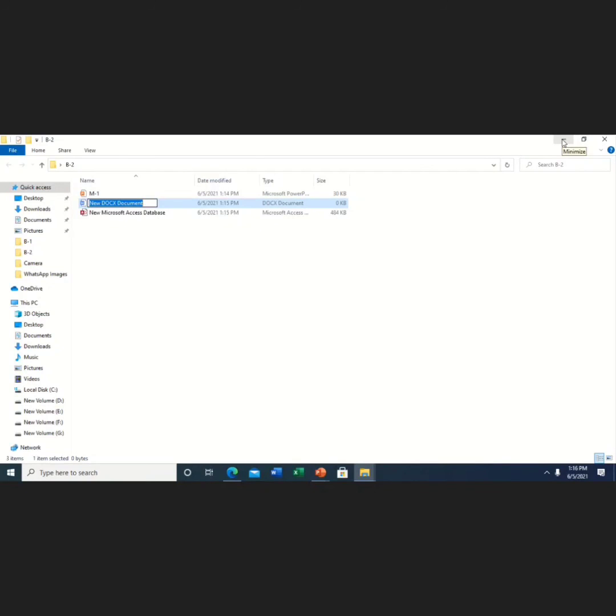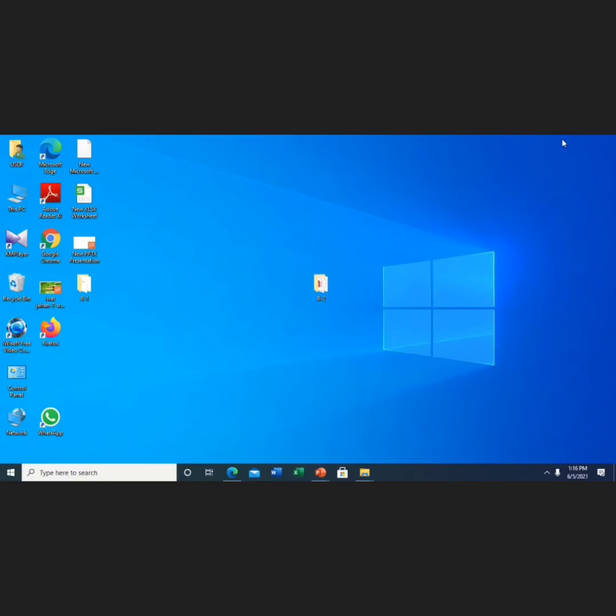Now I can put my folder in Google Drive.